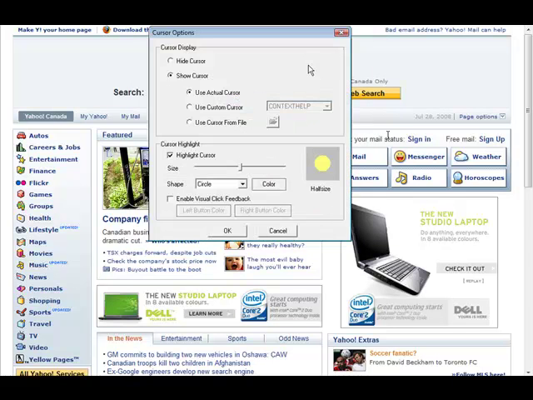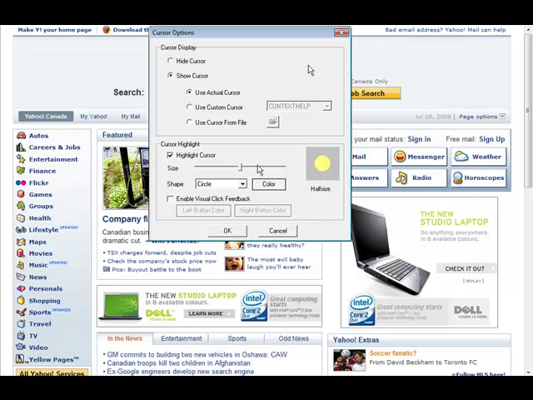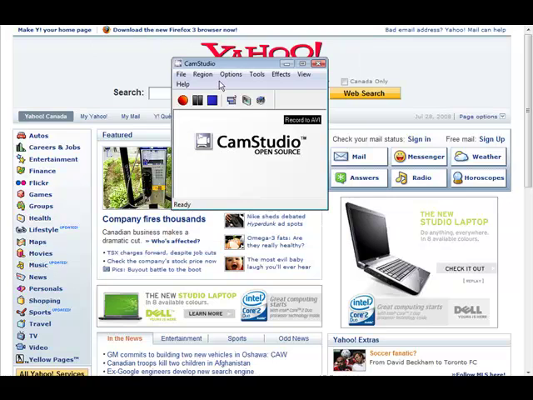Next, cursor options. In here you can either hide your cursor during your recording or show your cursor, you can set the size of the cursor, and you can set the style of your cursor over here. So you can give it a shape if you want, like so, and then it'll show up a little easier if you want to use this, and then of course you can set the color in here. If you don't want to use that, just turn off the highlight. Okay, and once we're done there,